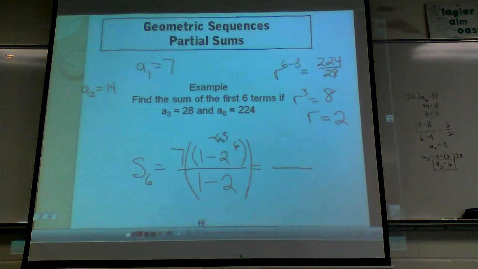So if I do this, let's just say I did the division stuff first, right? That's negative 1 on the bottom, so I get 7 times a positive 63, which is